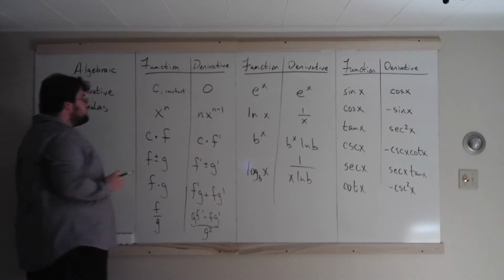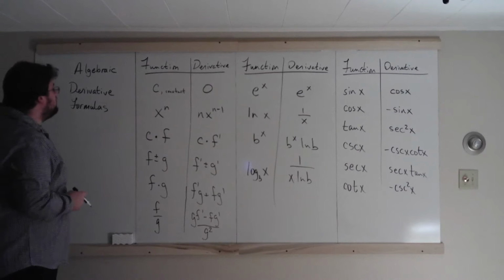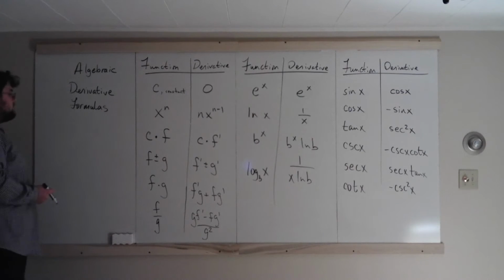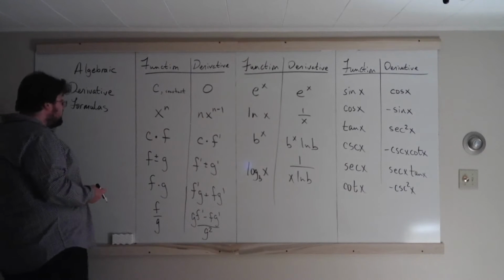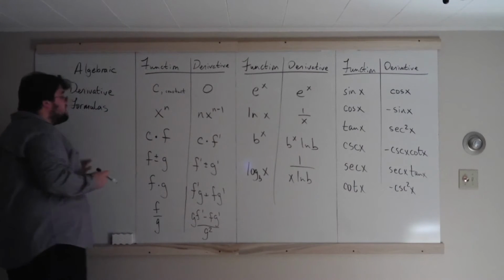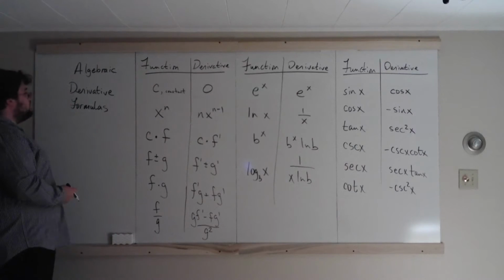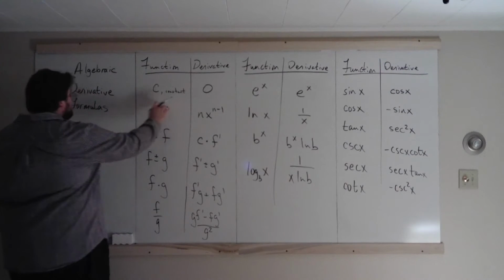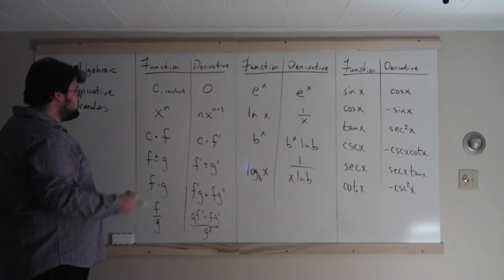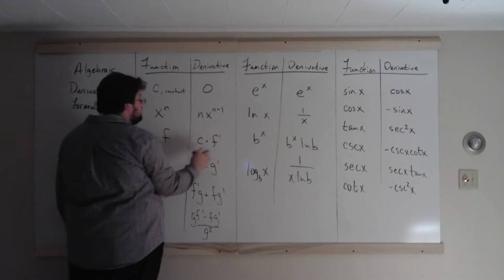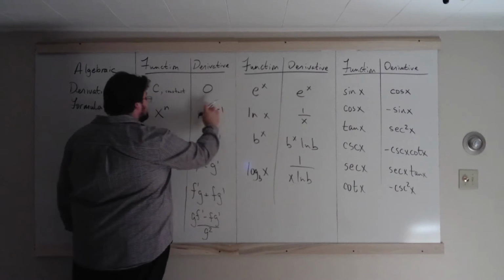Next one is known as the power rule. In all of these functions, x is going to be our variable. x is the most convenient variable. So here we have x raised to some number. Now this number can be any number. x raised to some number, you want the derivative of x raised to some number? Well, you take that number out front, you leave x alone, and then you take the exponent and you subtract